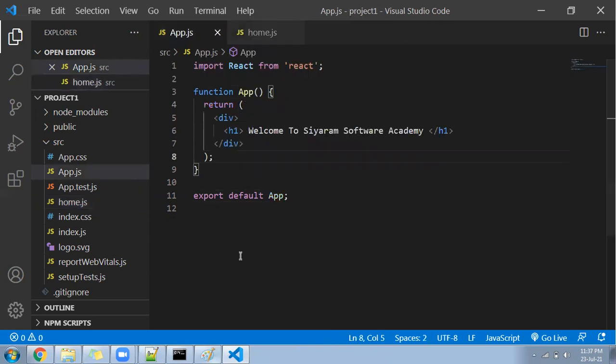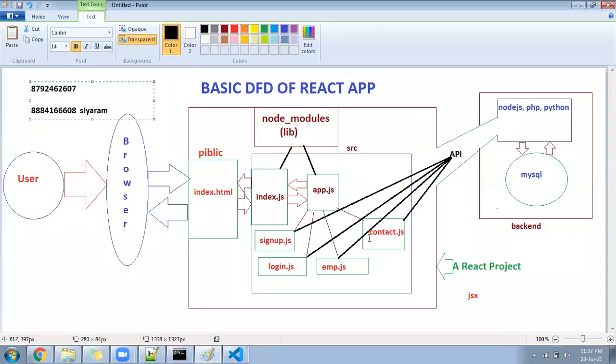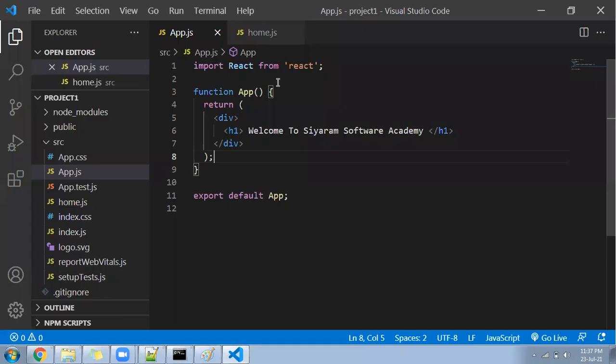Before that, look at the picture. We created one home component. The home component has to link to the app, and only then can the app send to index.js, and index will send to the HTML, and the HTML will send to the browser. So we created a component, and we are going to link it to the app now. We will go to the app.js file, and we will write here